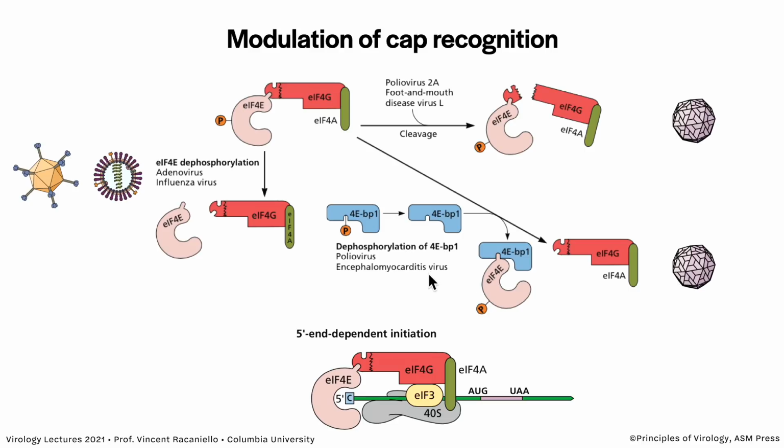So in some conditions in a cell, when you need to have cell growth, you take away the phosphate on 4EBP1, which allows 4E